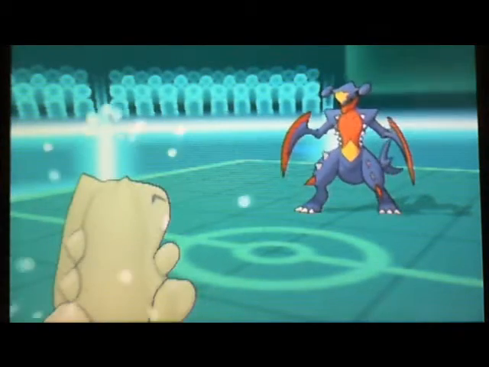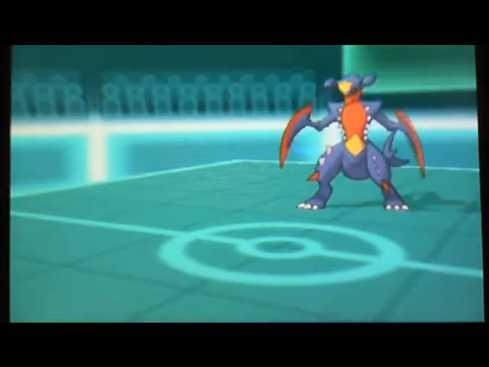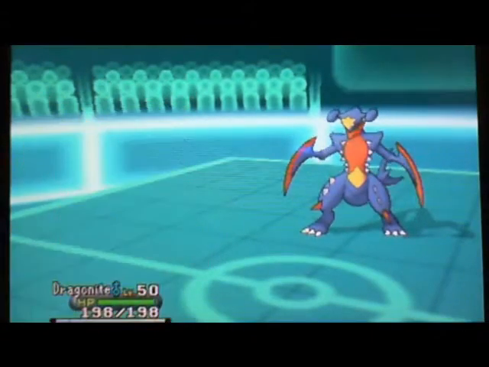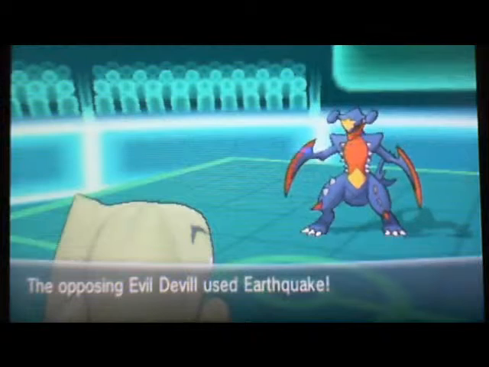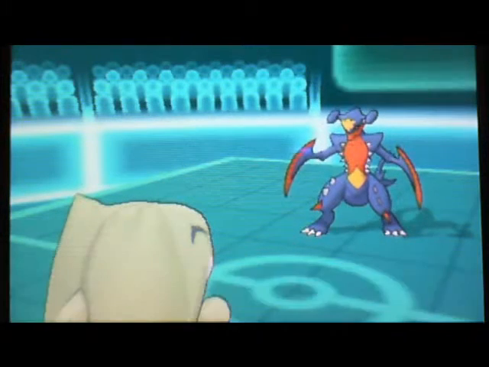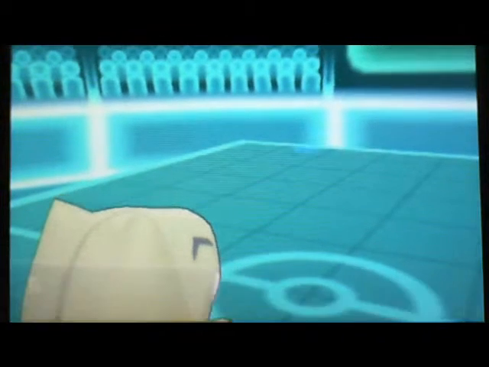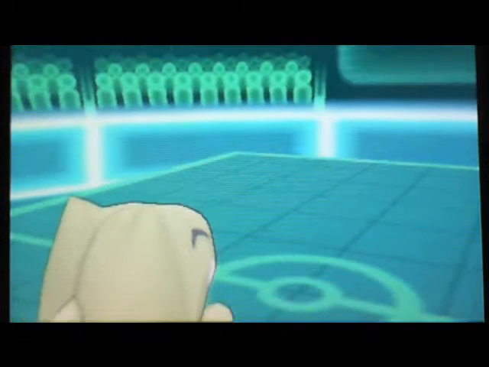But now I do get a Baton Pass, this +2 speed, and this Calm Mind into something, which is dumb because I don't have any special attackers. But I do get the special defense boost. And I was debating whether to go into Ursaring or Dragonite, because basically if I don't get a sweep here,